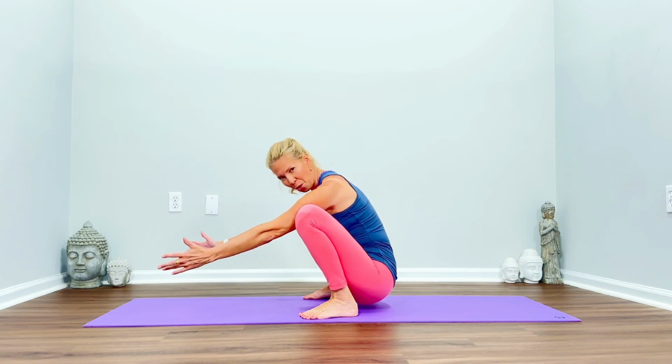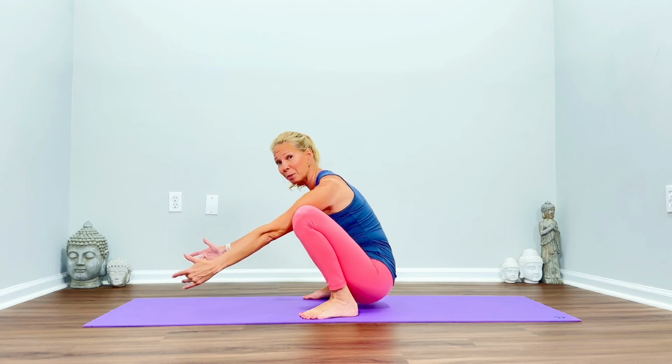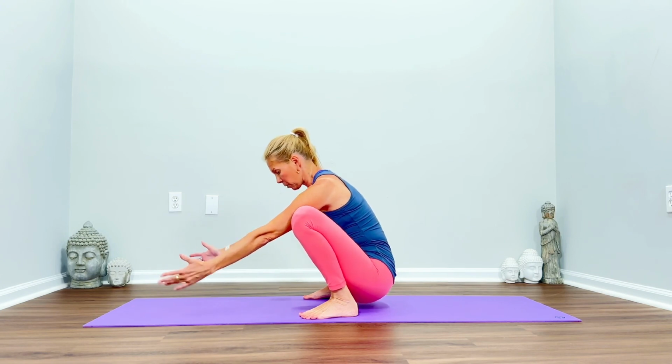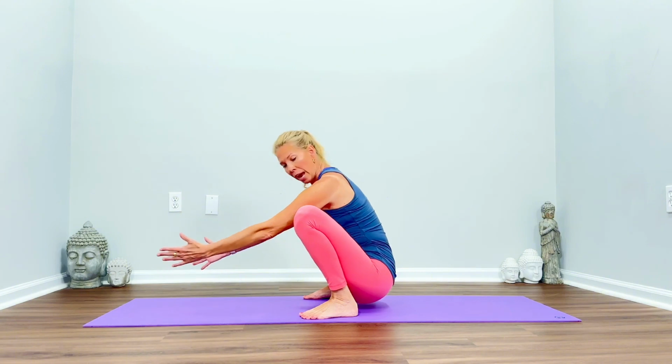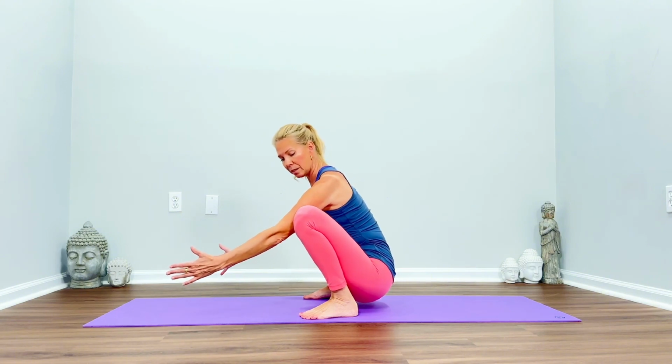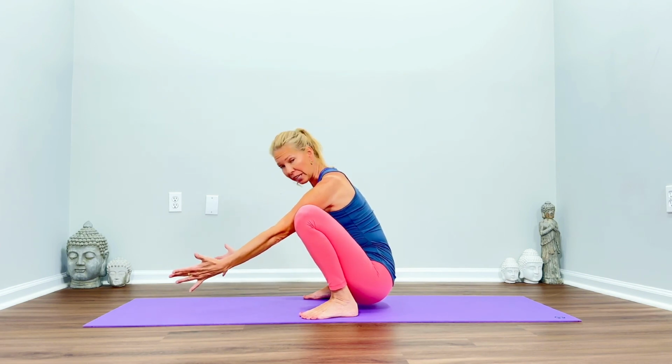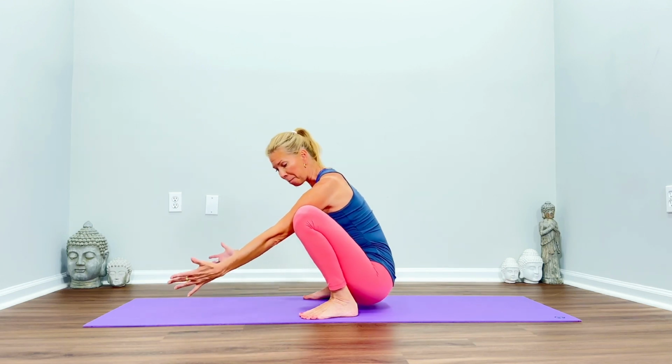And you can totally play with adjustments. If you need to place a towel or a blanket or even roll the mat underneath your heels, you can do that. Okay, so we're just going to hold this for a few breaths, actively push the triceps into the inner thighs and lift your chest, straight arms. And I want you to feel the feet activating, so the toes spreading, and we're gonna shift forward and back